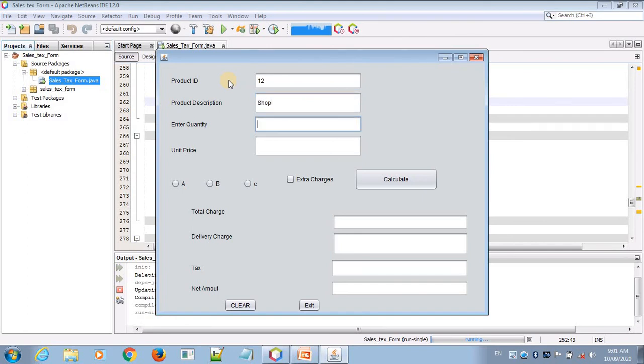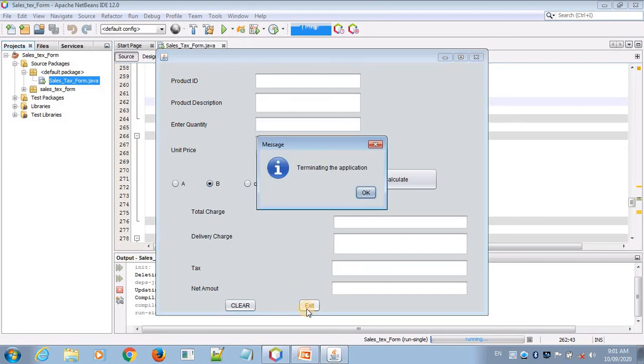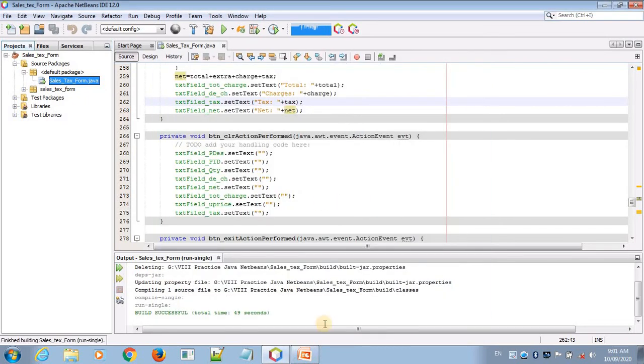Product quantity I give 100, and price is 25. I'm putting B and giving extra charges also, and click on the calculate button. So it gives the result according to our calculation. Okay, in the clear button you have to clear all of this. Now click on the exit button. So I hope students you can understand this very well, and thank you for watching this video.